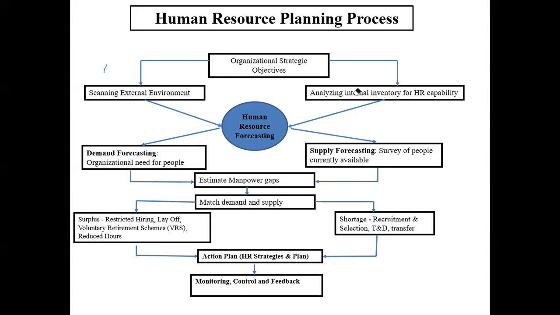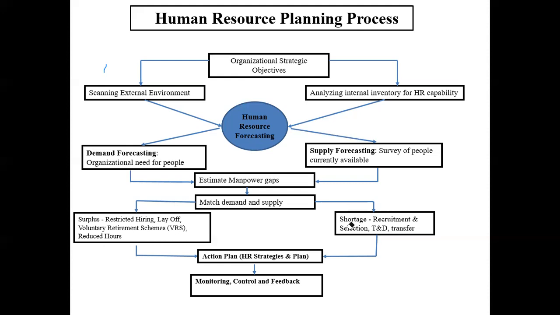Okay, Alpha, thank you very much for your question. So that is the next thing I'm going to explain. Anytime there is a shortage or a surplus, it also has to be addressed with some form of action plans. So let's start with the question Alpha asked. Assuming we needed 50, but we only have 20 available, which means that there is an HR deficit or shortage. When there is a deficit or a shortage, some of the action plans that can be used to address it